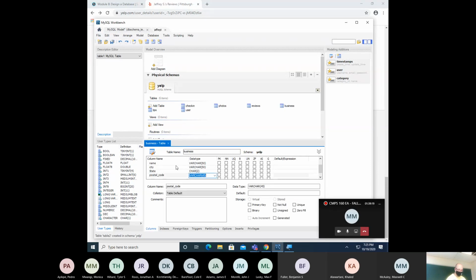All right, postal code. I'll just do the 5 in this case. So I'll do the same thing here, char 5. We know we're going to have 5. The next one is longitude, latitude. So we have longitude, and this one right here, we want it to be a float. We haven't talked about floats yet. So float